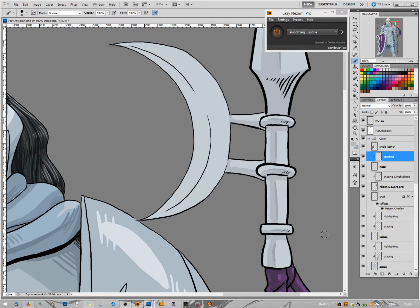That's pretty good. I see a little area where the metal is peeking out past the line, so I'm going to erase that. There. No one will ever notice, but it makes me feel better. Okay. Now this, what am I going to do with this? So this is curving down, so they'll probably...